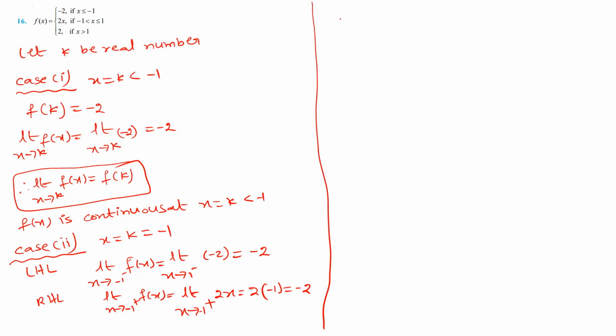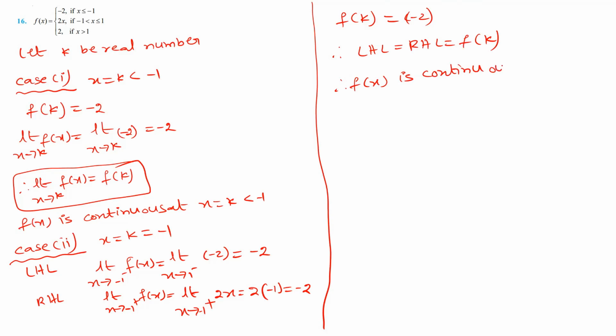So next one is the value of the function, that is f of k where k is equal to -1, which is exactly -2 here. Okay, so all the values are the same, so LHL is equal to RHL is equal to f of k also. Therefore, f of x is continuous at x is equal to k, which is equal to -1. Next case 3 is,